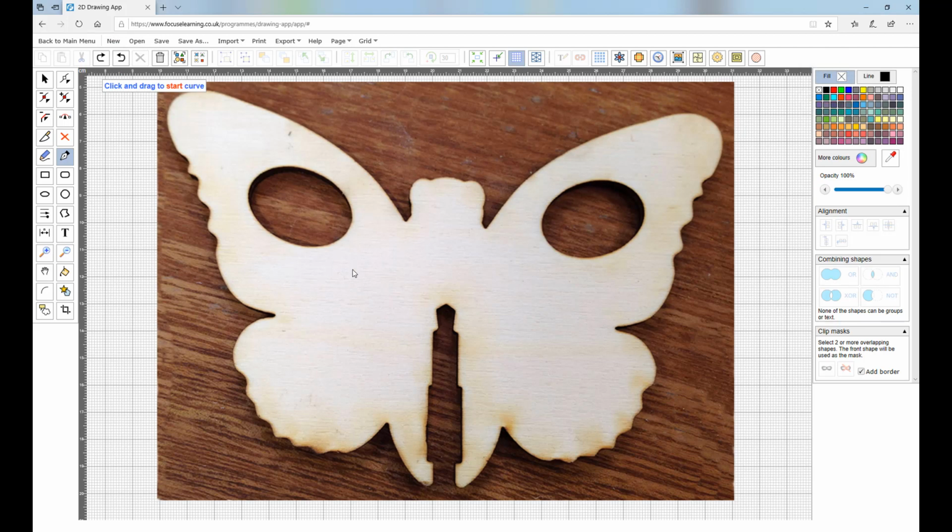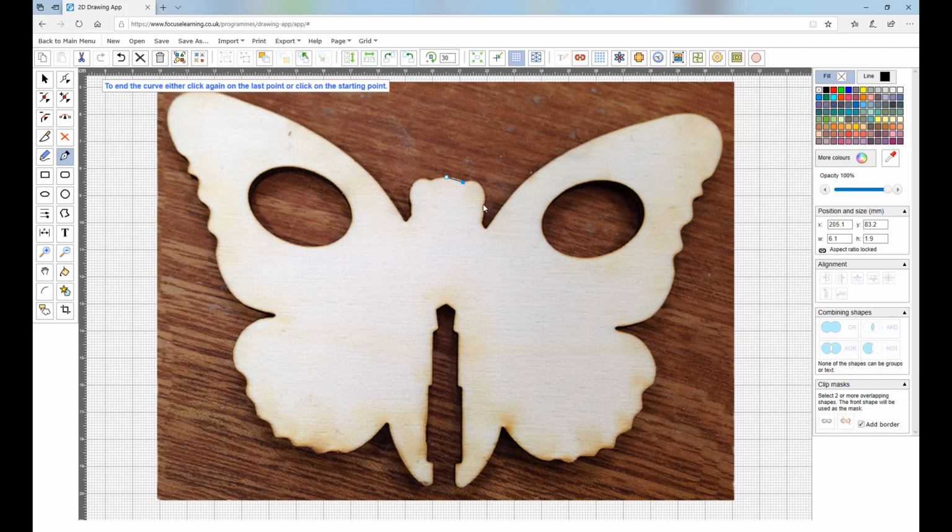Now we can start to trace, and what I'm going to do is to trace half of the object. I'm then going to select it, copy, paste and mirror, and then join the image together so I get a symmetrical shape. Right, so let's go. You can input as many points as you want. I'm working on the curves. I want to get some nice smooth curves. In this instance, as a demonstration, it doesn't have to be fantastically accurate, so we'll just go around,